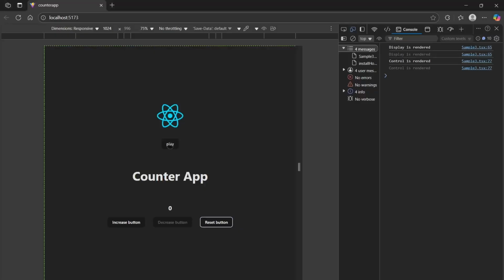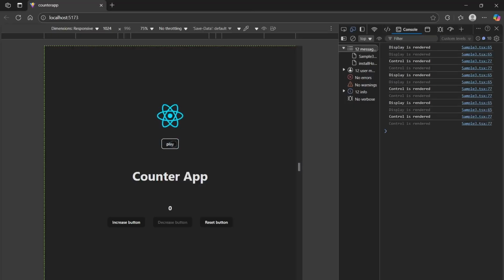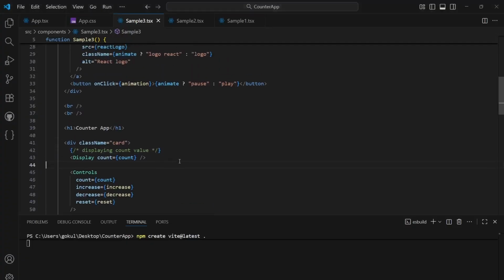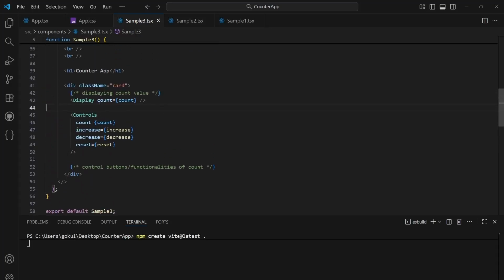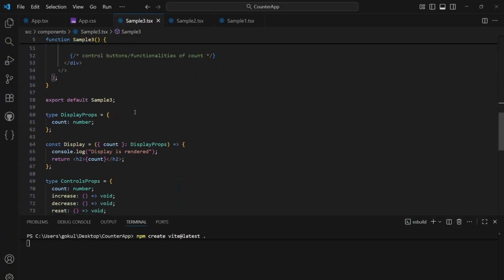So we will see how. I just click play. See, display and control is rendered, and when I click pause, display is rendered and control is rendered again. So why does this happen? We don't want to re-render the control and display components again. It affects the performance if the application grows larger. So we are going to avoid it by using React.memo. Whenever the props received by a component do not change, it does not need to re-render again. Okay, so we just want to wrap the